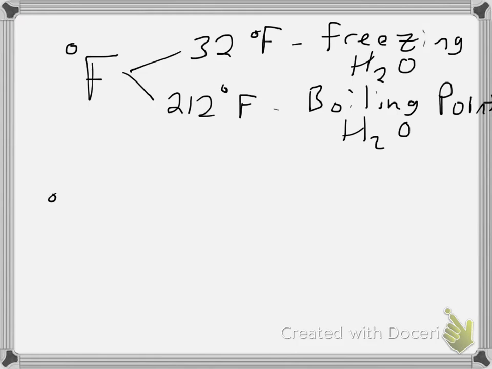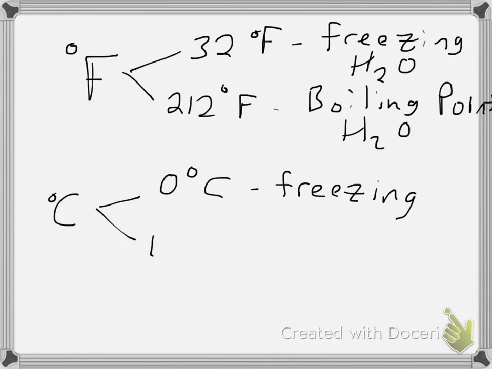Whereas for degrees Celsius, we have 0 degrees as the freezing point and 100 degrees as the boiling point. And this probably makes more intuitive sense to you than the Fahrenheit,